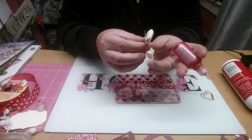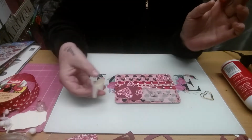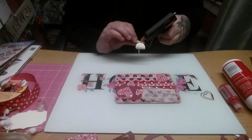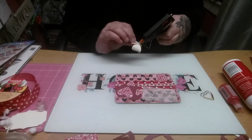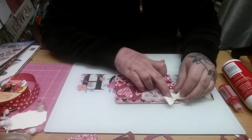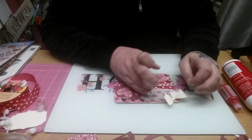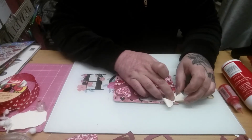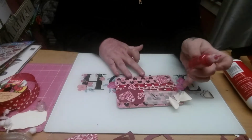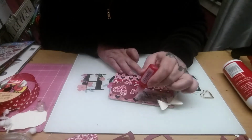And I've got this wee 3D bow that I made with a die. And what I'm going to do first of all is stick down this bow. And I'm going to do this with hot glue so that it doesn't come off. And I'm just going to pop it here at the corner. That looks quite cute. And then I'm going to take my 3D enamel dots, and I'm going to make it